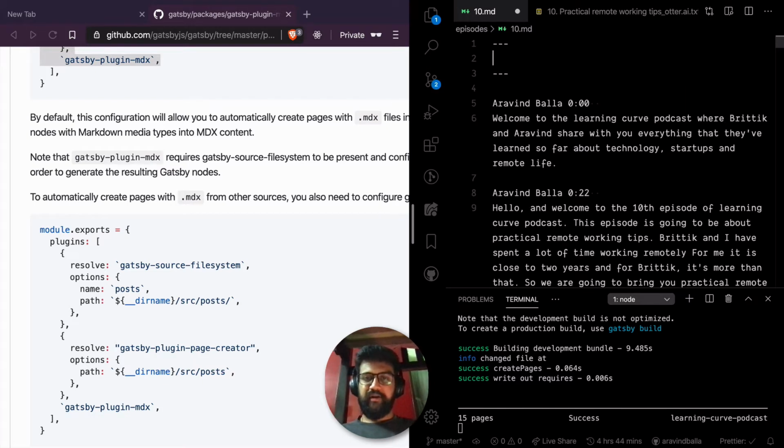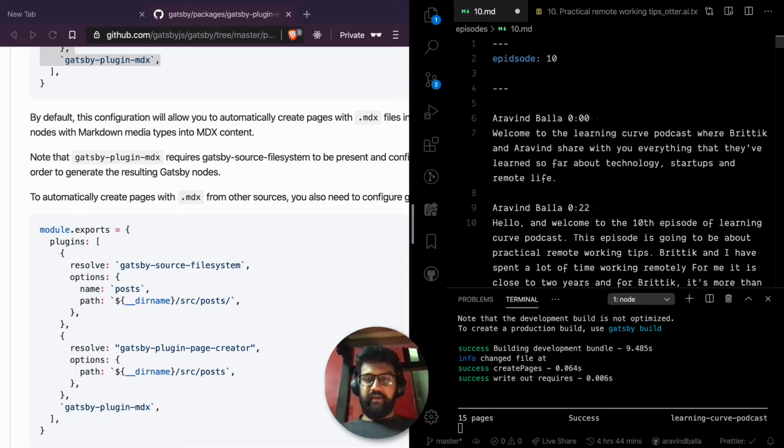I can have front matter like this here, which will help us in querying the file names and the files. Episode, and the episode number is 10. Okay, we can have a few keywords. We can add them in the meta description.